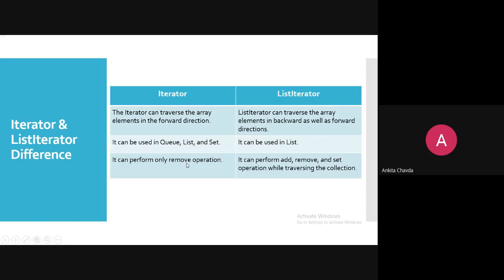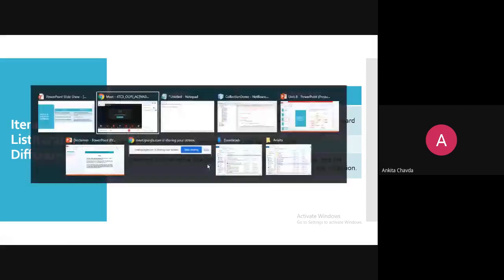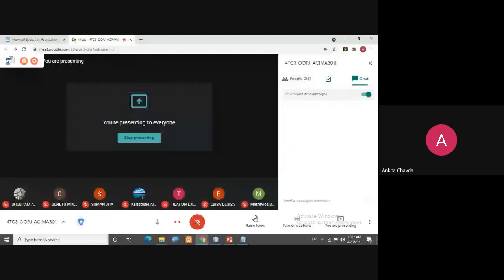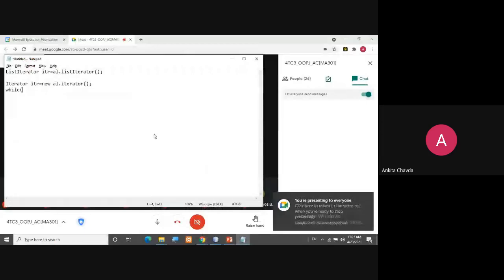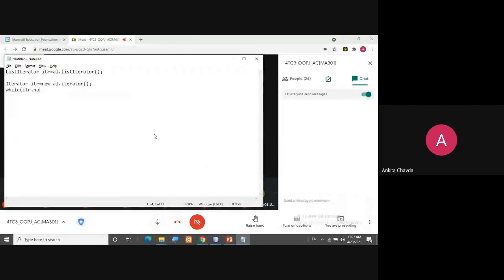If you wish to delete an element while you are traversing, in a while loop with itr dot hasNext, you can only remove the elements in iterator. But with list iterator you can even insert an element at a particular location, as well as remove.